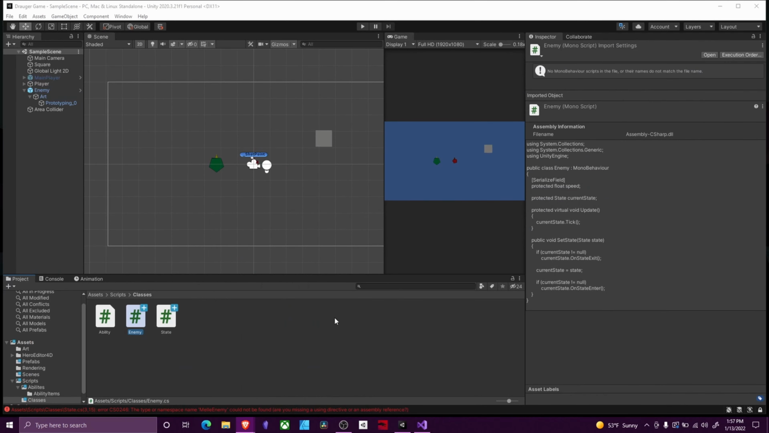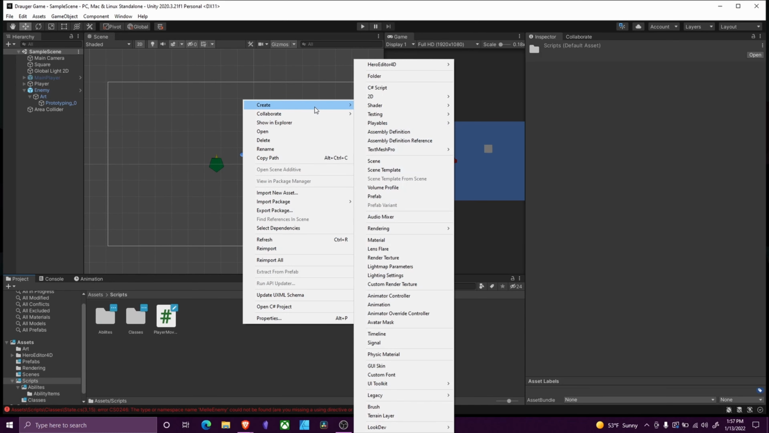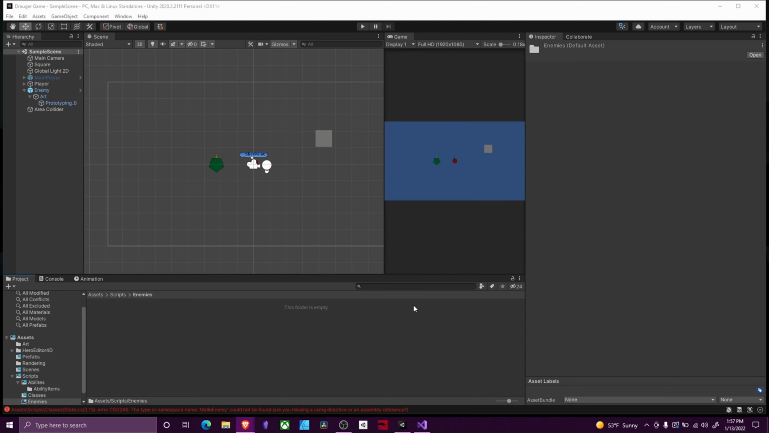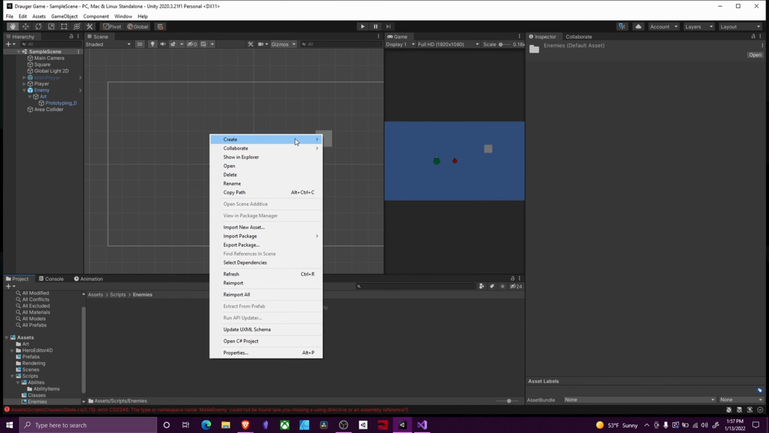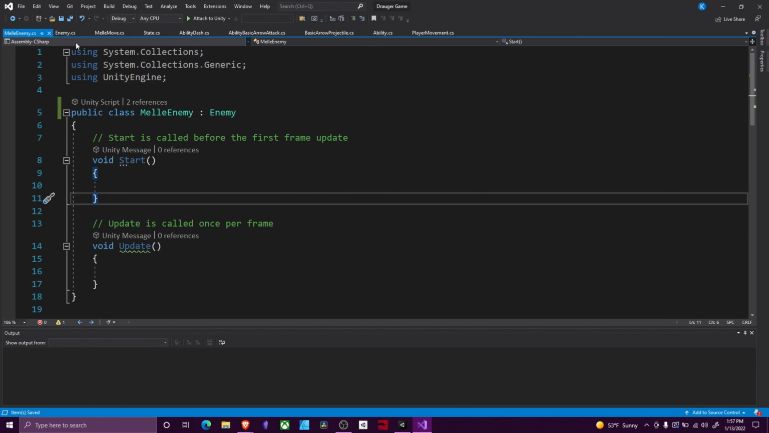The next class that we need to make is our melee enemy class. So this is going to be specifically for melee enemies. We would make a new ranged enemy script if we wanted a ranged enemy. So I'm going to make a new folder, call this enemies, and inside this folder, I am going to make a melee enemy script. Melee enemy is going to inherit from enemy,